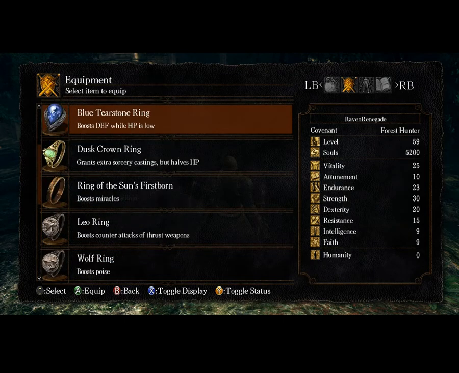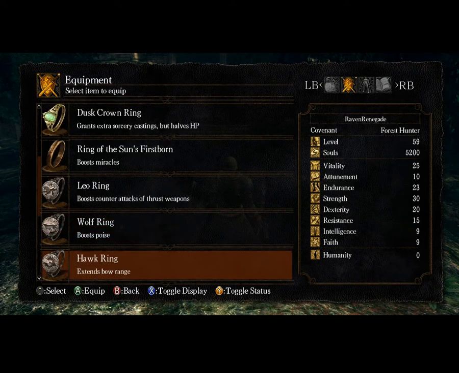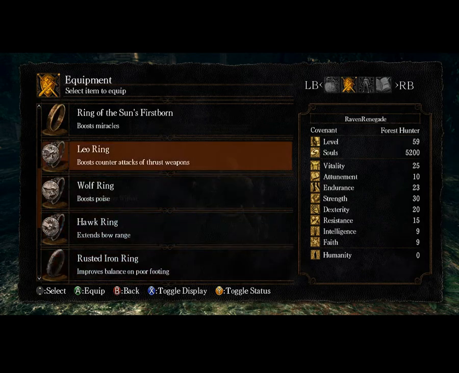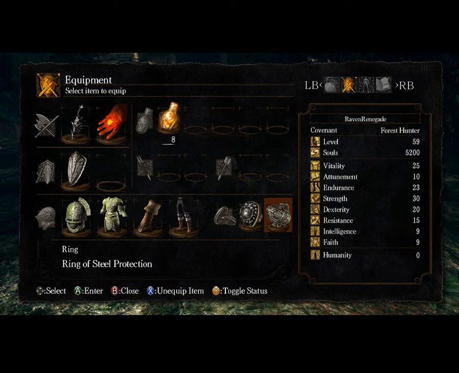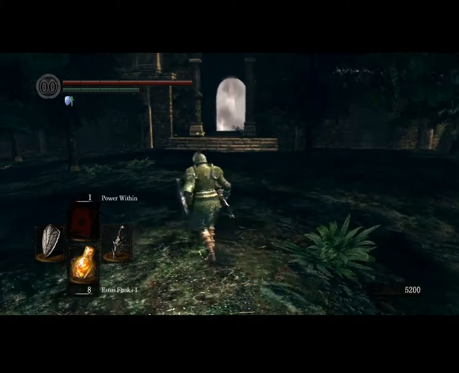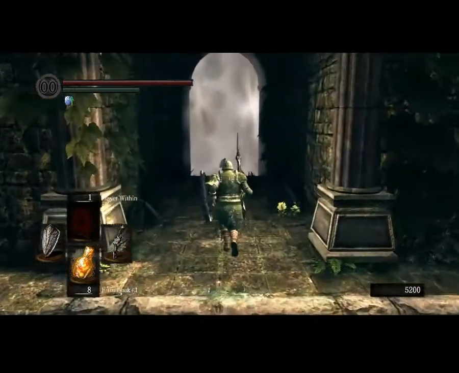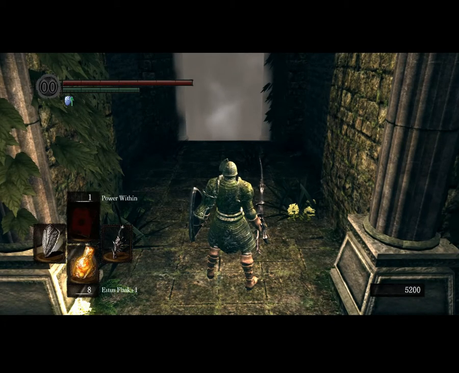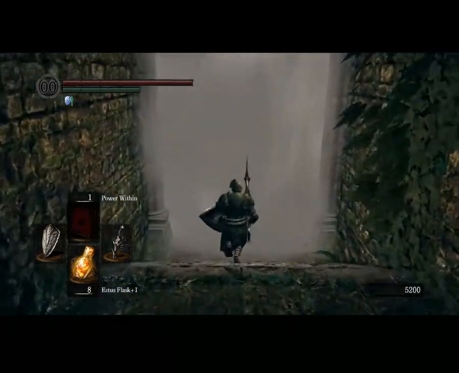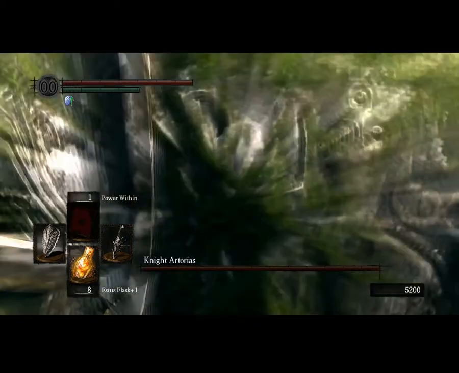So we could put on the Leo ring to boost counterattacks of thrust weapons. Could use the Wolf ring, Hawk ring, or we could... Let's go ahead and put on the Ring of Steel Protection, since we are legit done fighting in bogs for the time being. And I'm not going to power within yet, because I just want to kind of figure things out. And I might human at some point, but it's such a mercurial process to get there. I don't want to humanity up, and...